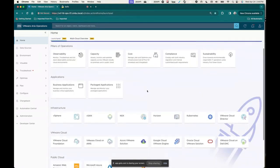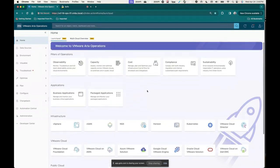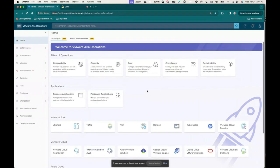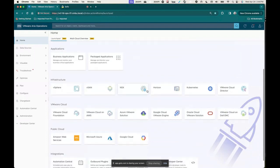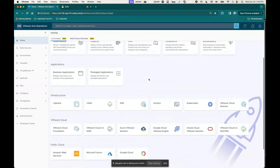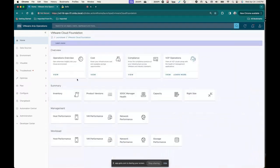You could see in a few of those screens we could switch between our various cloud accounts. We could go between just our vCenters or our VMware Cloud Foundation, or maybe our VMC and AWS, and so forth. If we wanted to look at those individual pieces instead of the environment as a whole, we can use this infrastructure piece down here to look at, say, anything coming from vSphere or just vSAN, or we could say our various VMware clouds. If we wanted to look at only that, we can click on that,